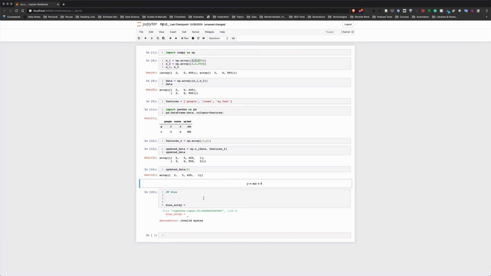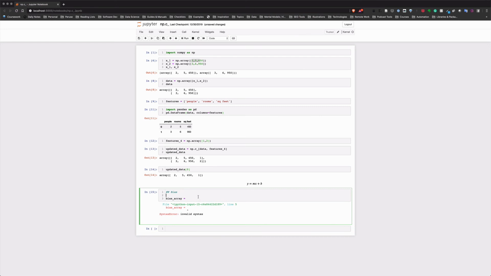And so if we have a number of x's or features, in this case we've got people, rooms, square feet, and we want to shift that, we want to move that, then we need to have a bias array that we can also adjust and use in our regression. And so let's go back here. We're going to go to the bias array, and we're just going to create a starting point. So we want 2, 1, and this is going to give us